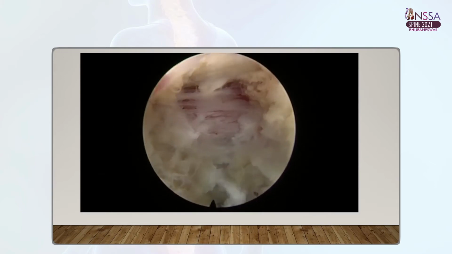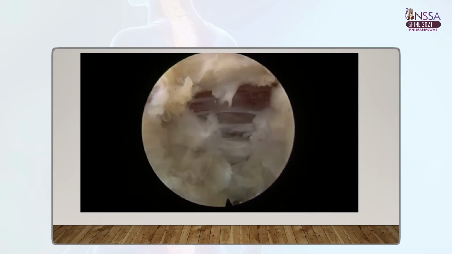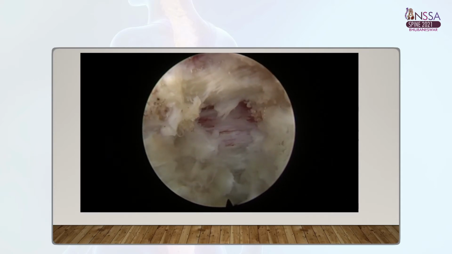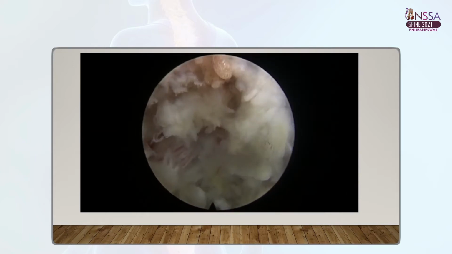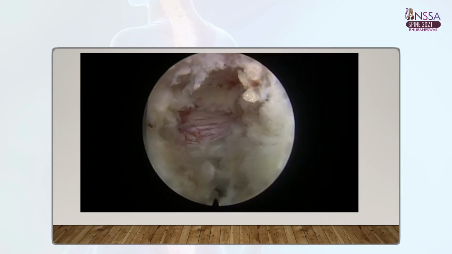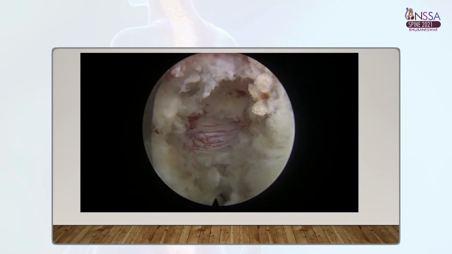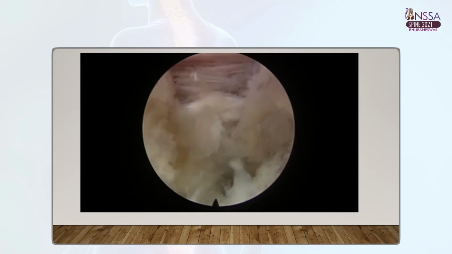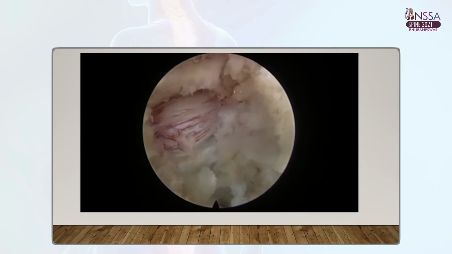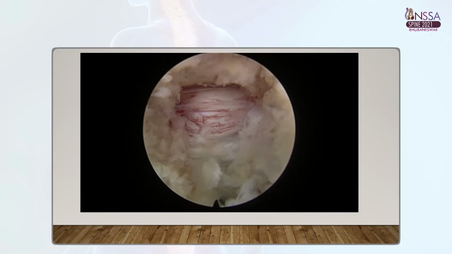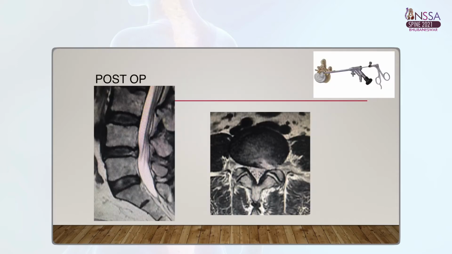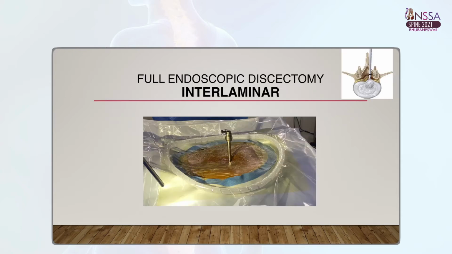Then I remove the loose tissue over the nerve. You can see the root is now well pulsating. So we have to ensure end plate to end plate clearance, and the lateral recess needs to be decompressed. I removed the ligament also. Now you can see the root is well decompressed, all 360 degrees, that is posterior, anterior, and lateral. All three surfaces have been decompressed and the root is well pulsating. So the immediate post-op MRI shows the complete fragment removal and the lateral recess is well decompressed.